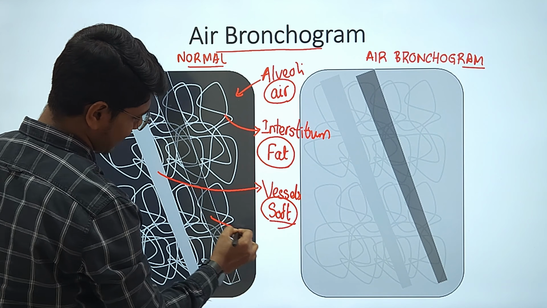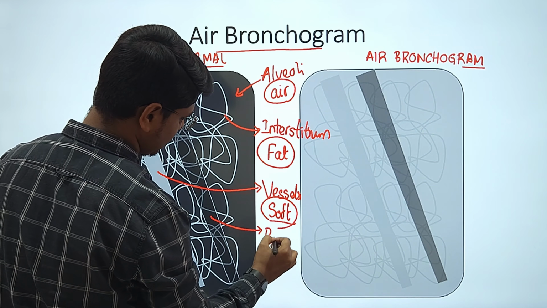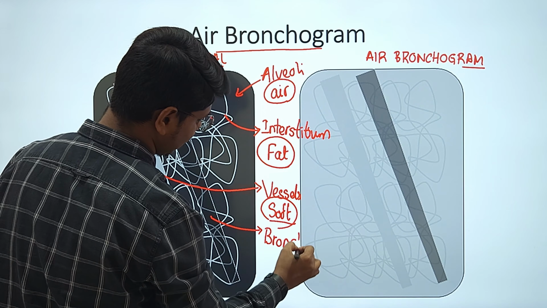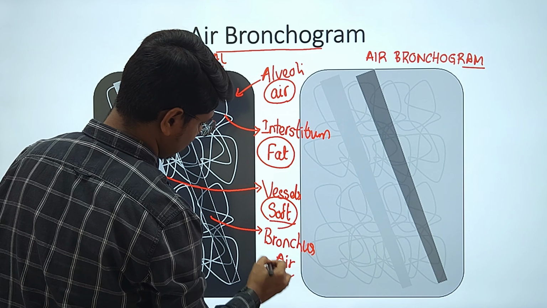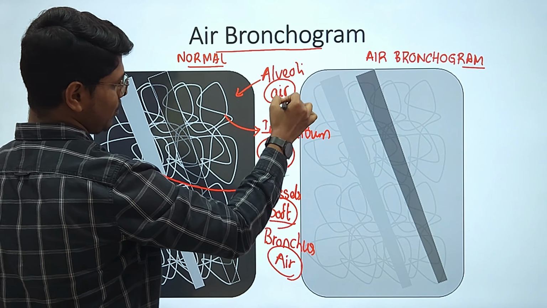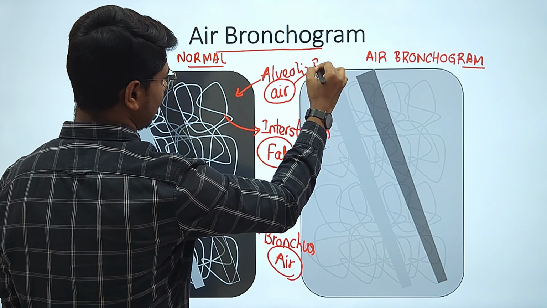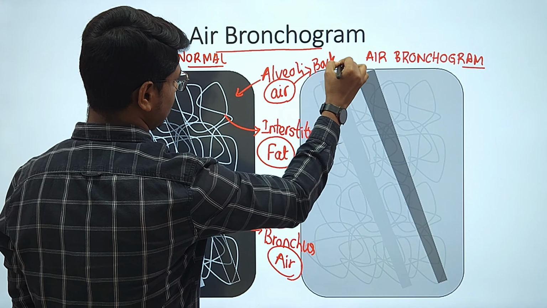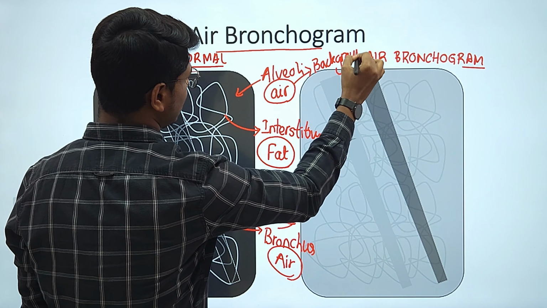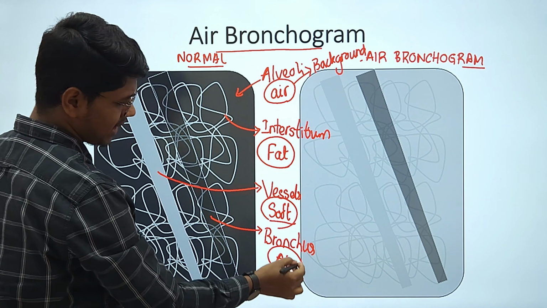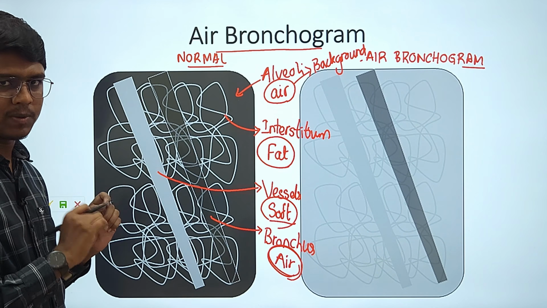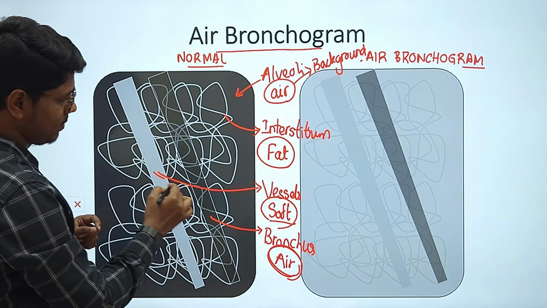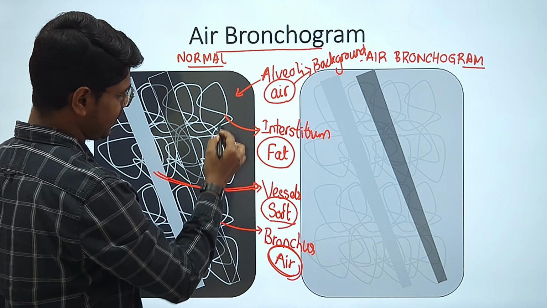And this black thing is bronchus. Bronchus contains air, so it is air opacity. This alveoli will provide a background. This is air background. So normally the bronchus is also having air opacity. The bronchus will not be visible. Normally it will not be visible, while these vessels will be visible and the interstitium will be visible, which is